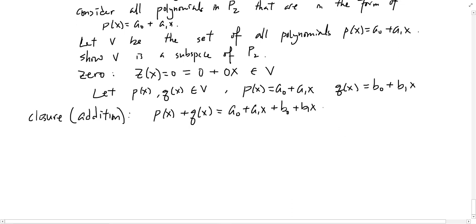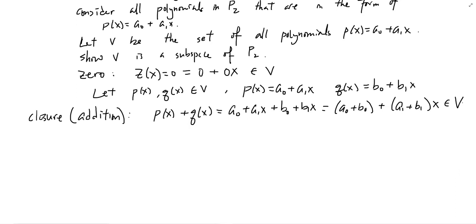And so what I'm going to do is try to combine like terms together, and say that's just a sub 0 plus b sub 0 plus, sorry, I was thinking b already while I'm trying to write, a sub 1 plus b sub 1 x. So now, is that in our set V? Well, of course it is. If I compare this expression to this one, that tells me this is like my a sub 0 right here, and this is just my a sub 1 right there. So this is still in the same form as what we want in V. You still have a linear polynomial. So it's closed. And now let's talk about closure